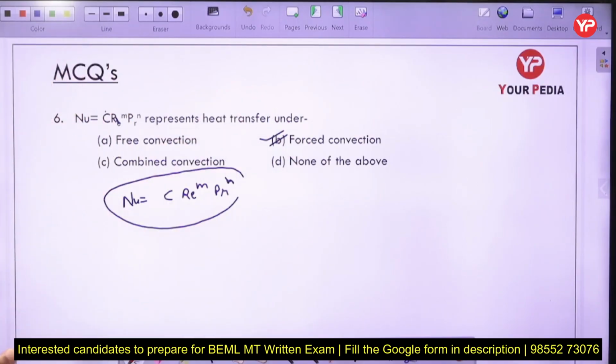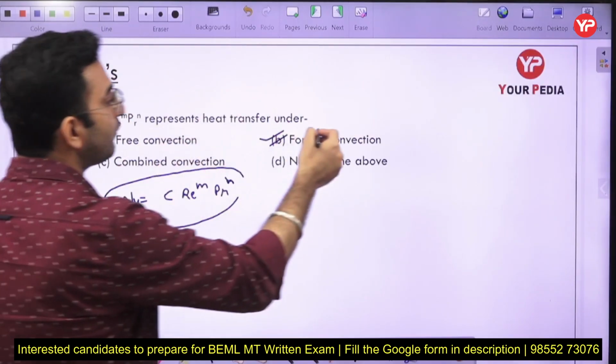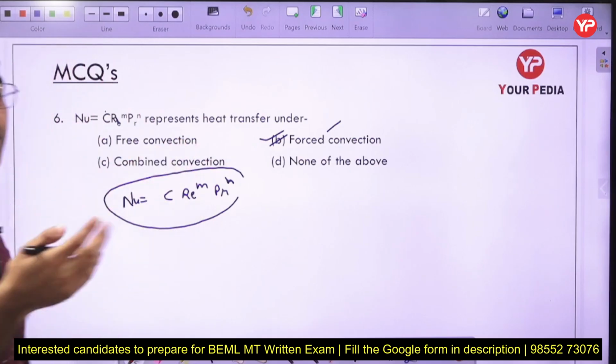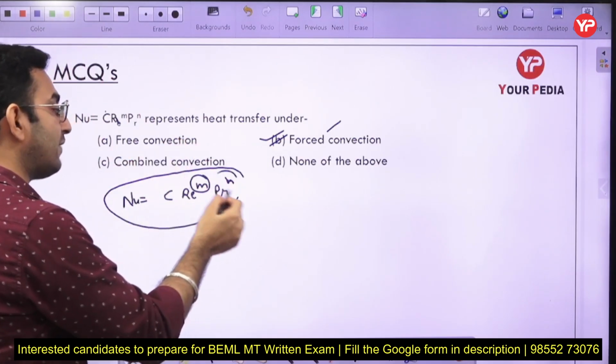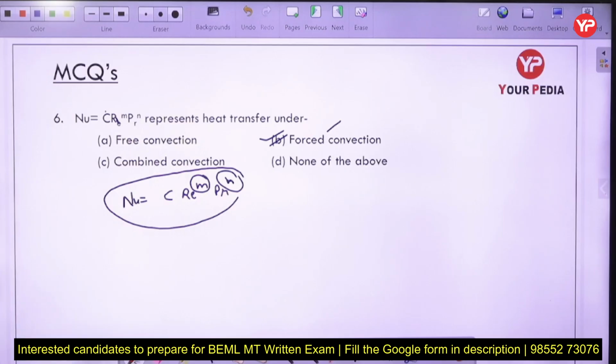Okay, so that's a very simple case, and depending upon whether you are studying the case of flow through a pipe or flow over a flat plate, you can find out the exact value of m as well as n here. Okay, you can find out the exact values of m as well as n in this case. Now coming back to the next part,